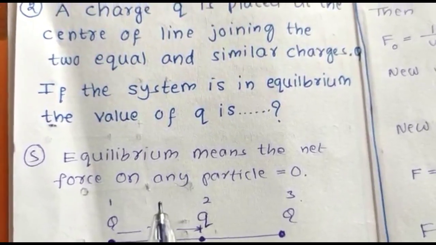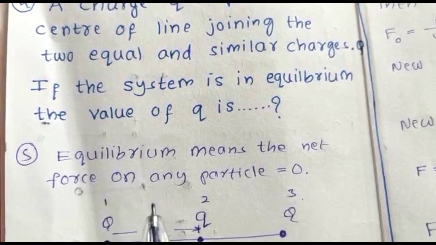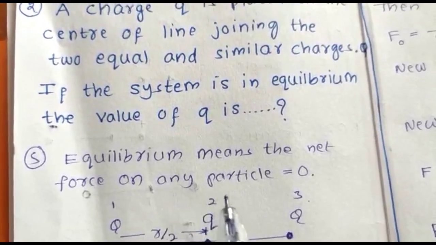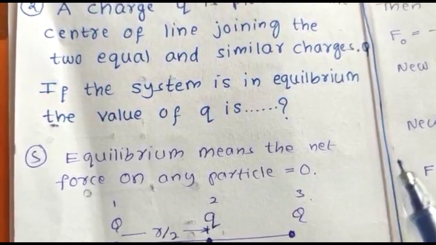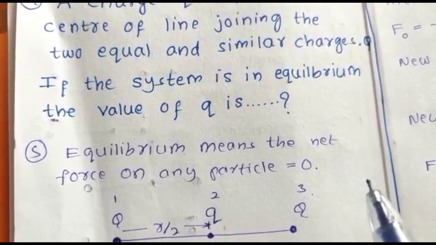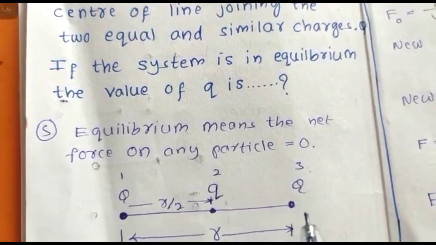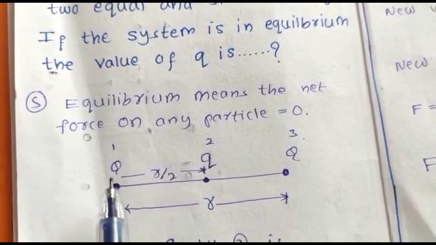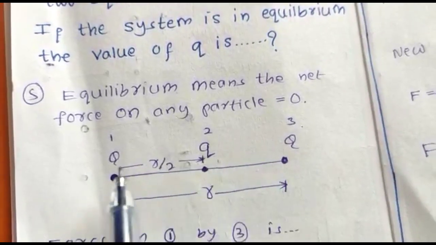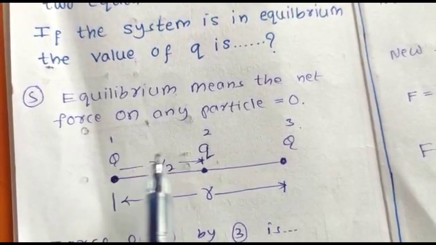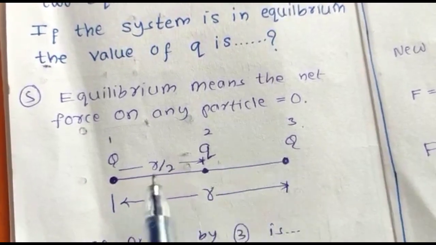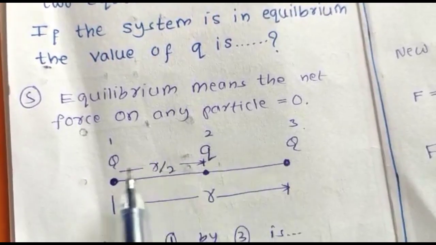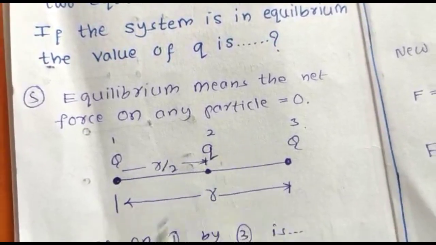You have already studied this concept of equilibrium in the first year, Newton's laws of motion. When a body is at rest, the net force acting on the body is 0, then the body or particle is called to be under equilibrium. According to the question, let us consider the two charges they have given. Two are similar, meaning both are of the same nature. If the first one is positive, the second one must also be positive, and both have an equal amount of charge. That's why both have the same amount of charge.